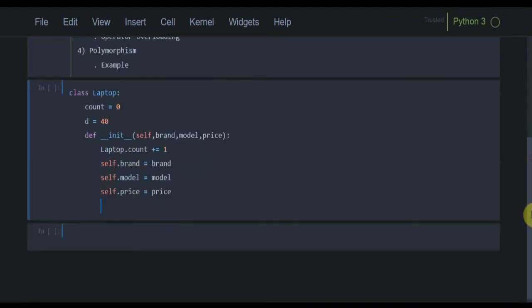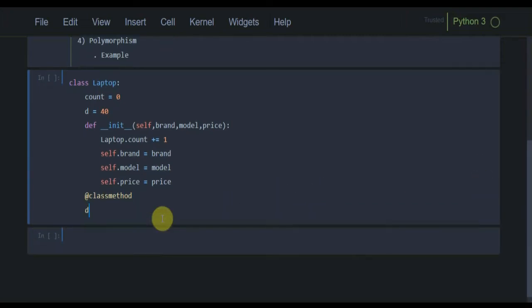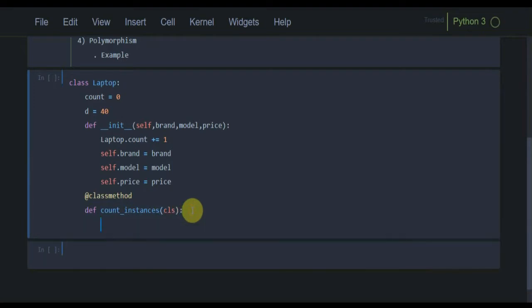All these things we have discussed in previous videos, that's why we use these steps. Now I am going to use the @ symbol to call the class method. So I can use the class method to identify the object of the function. Now I am using my function, and the name of the function here is count instances. The name of the function says that we are counting the instances present in a class. You can name it whatever you want, and the argument of the function basically is cls,